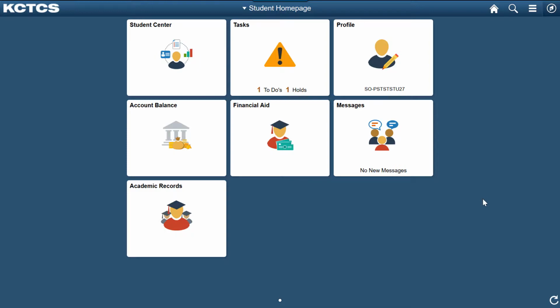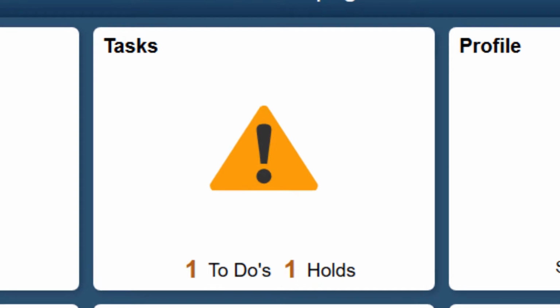The financial aid bookstore release is assigned to students when a Title IV federal financial aid authorization needs to be completed. If you have received a notification email to complete this task, you will need to complete the authorization in Student Self-Service. The email you receive will direct you to self-service, or you can log into self-service as you normally do. From the student homepage, the task tile will display a to-do and a hold that has been placed on